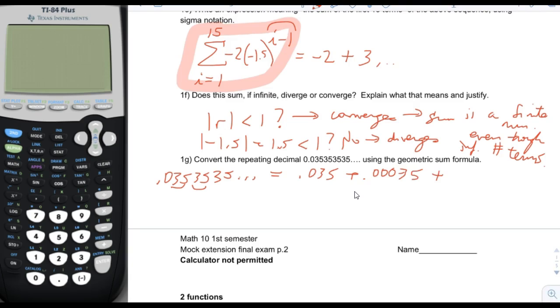And the next one's going to be 0.0000035, and so on. Do you recognize that this sum on the right side, if it goes on forever, equals the left side? So if that's the case, now we're going to make it look like a geometric series by multiplying times a number